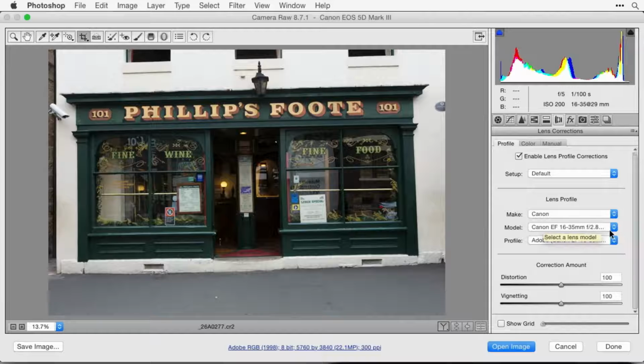Sometimes I actually like the fact that the corners of my image are darker than the middle because it keeps somebody's attention towards the middle of the frame. And so there is a slider here called Vignetting. And when it's in the middle, it's set to 100%, which means give 100% of what Adobe thinks is needed to correct for the problem with your lens. If I bring it down,